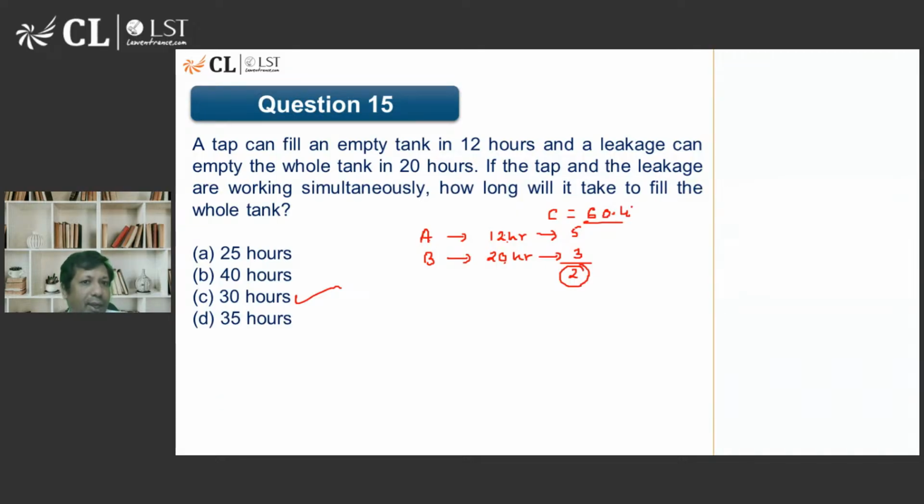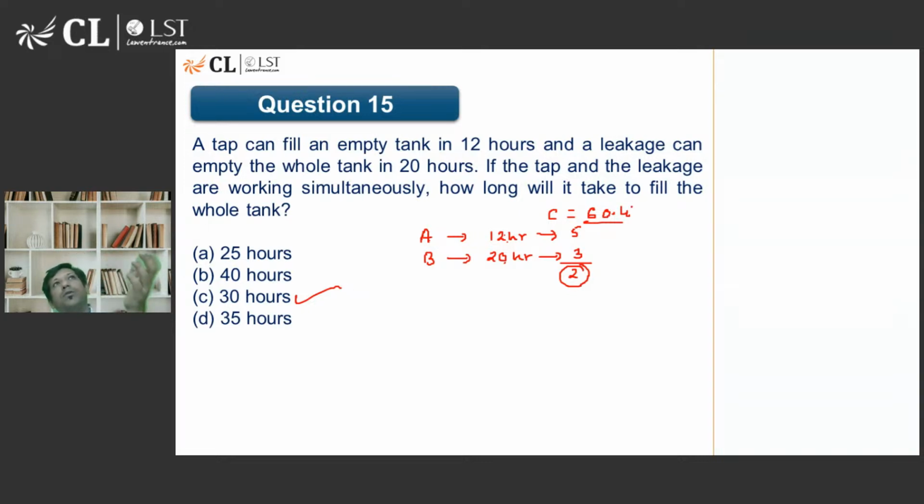A tap can fill a tank in 12 hours. A leakage can empty the tank in 20 hours. Now,